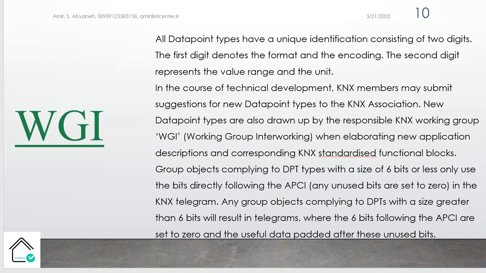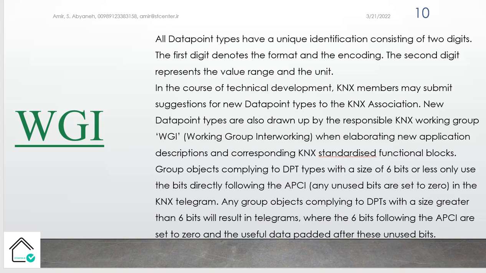All data point types have a unique identification consisting of 2 digits. For example, the scaling data point type is 5.001. The first digit denotes the format and the encoding. The second digit represents the value range and the unit.